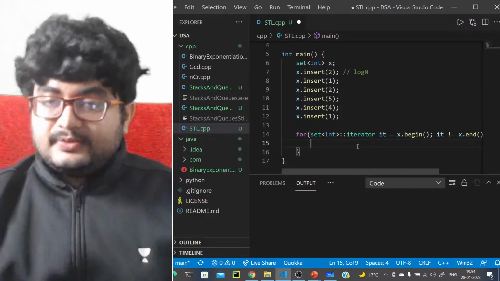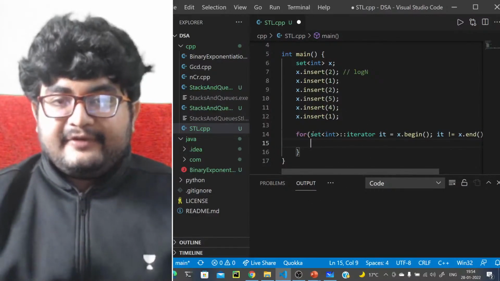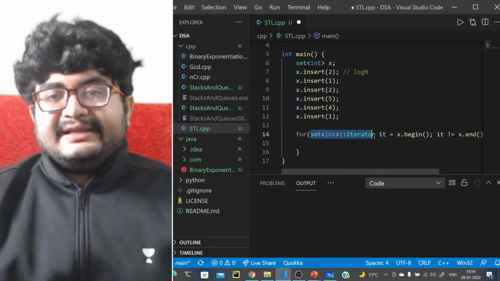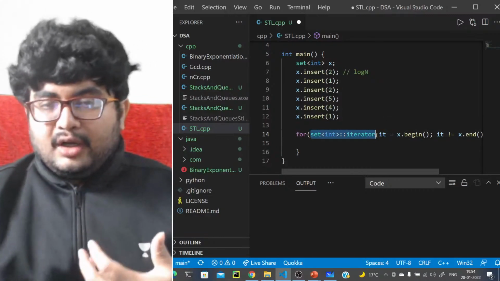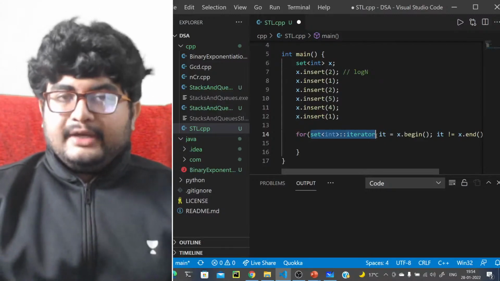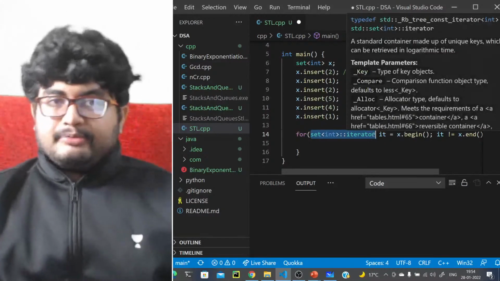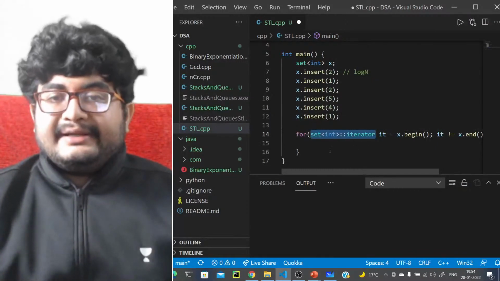Yes, we can use auto as well, in case you don't want to write this much. Obviously writing the full type is good coding practice; you should always try to write the appropriate data type. But when you're doing competitive programming or solving problems in a live contest, you don't have that much time to write it like this every time.